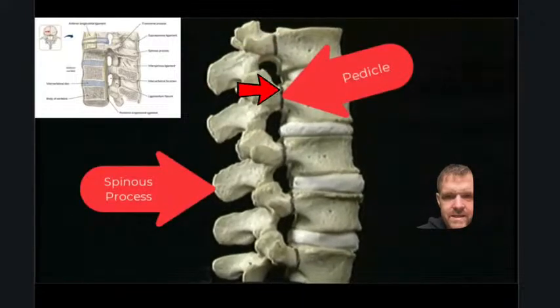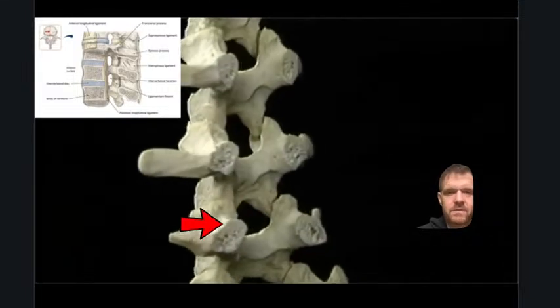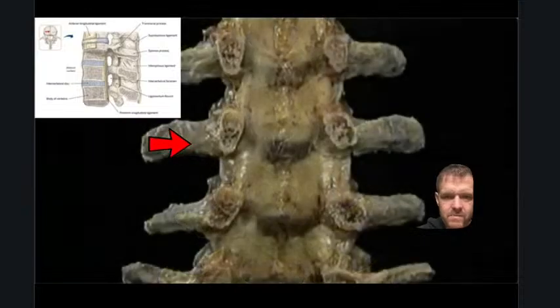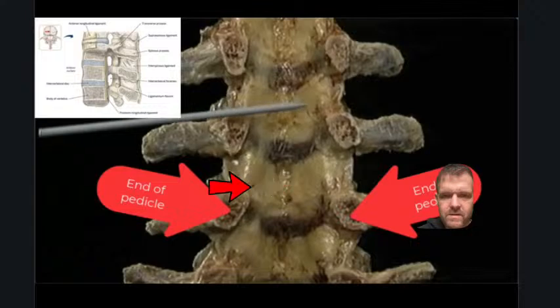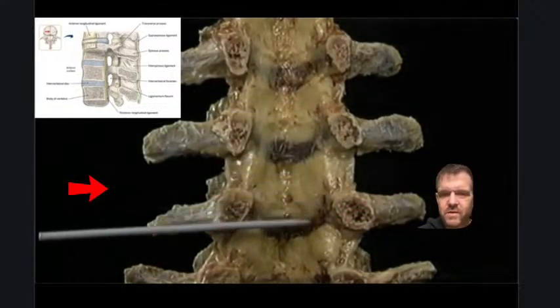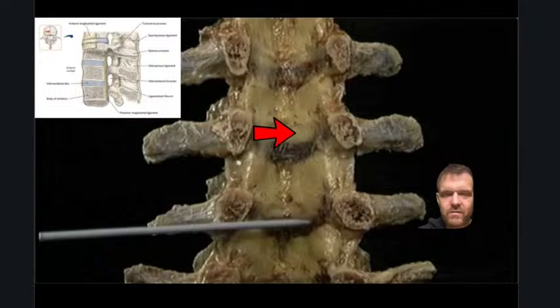So this is the line that they're going to cut, so down the pedicles, there we go. And we're going to flip around and then have a look at the lamina. Okay, so there's an end of a pedicle, and then there's your ligamentum flavum. Okay, so that's what it looks like in real life. So you can see how in the pictures it's nice and stripy, and yeah, it just looks like a blob